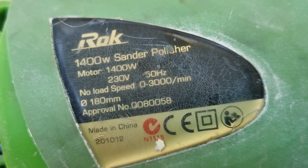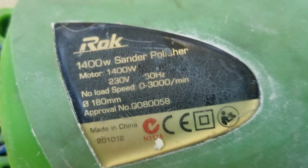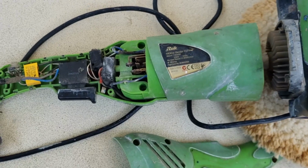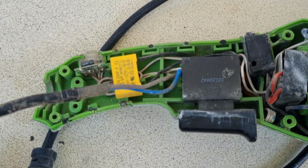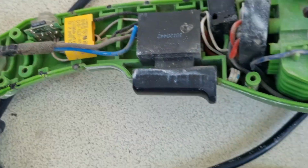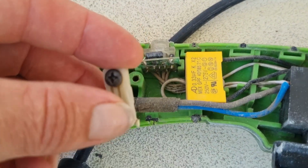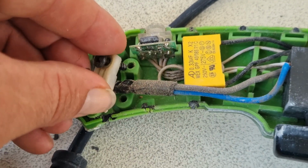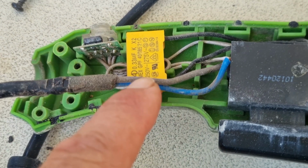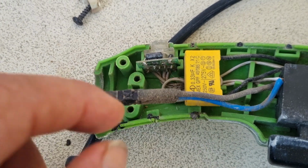So what I have here is one of those cheap 1400 watt sand polishers, which does a basic job, which isn't too bad. But I've come up with a fault where it kept cutting out on me intermittently, and I couldn't really work out what it was. But it turns out that where this little connection ties into the unit, there's a dicky wire in here, so I'm going to cut the wire here, cut it here, resolder that together, and then